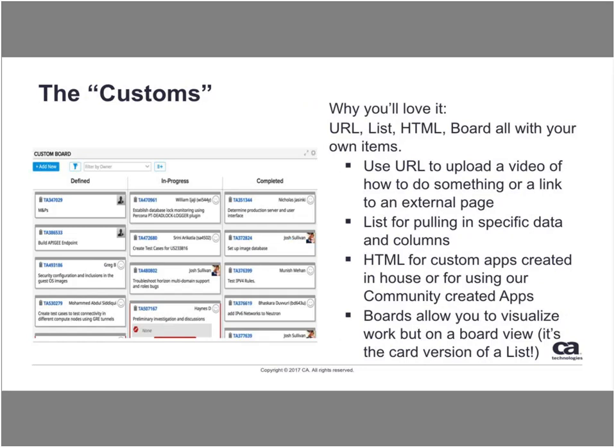The customs. We actually have 3 apps in the app catalog prefixed with custom: custom URL, custom list, custom HTML. I'm sorry, we've got 4 apps, and custom board. Custom URL is a means to put a URL reference to external information that then could display within that app's frame. So, for instance, maybe you have a Word document out in SharePoint somewhere. As long as there's a shareable link available, you drop that in the custom URL app, and now it will